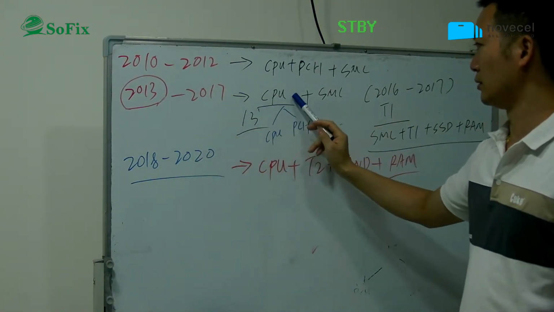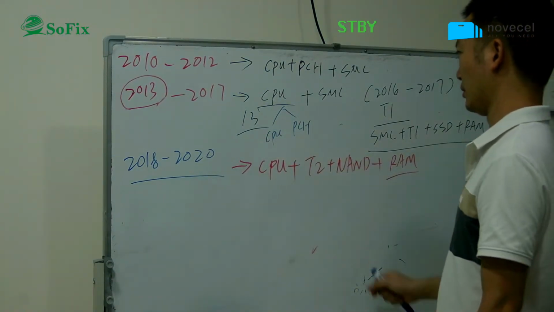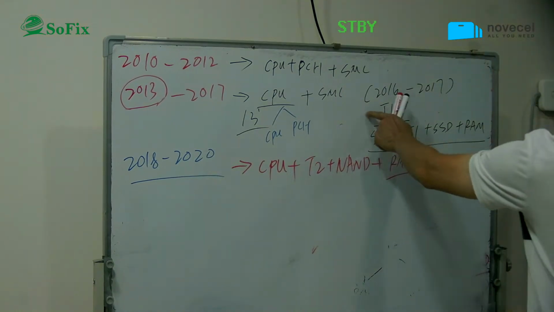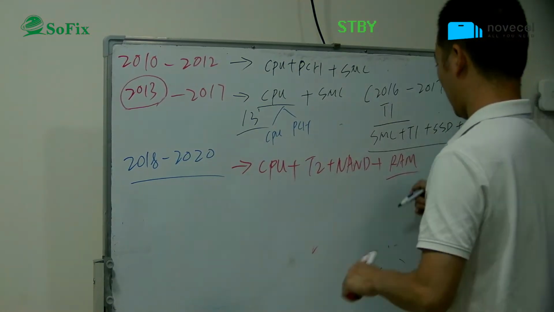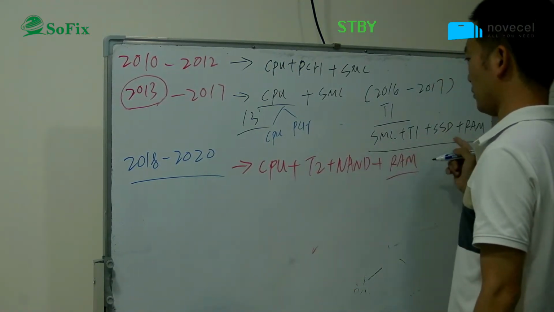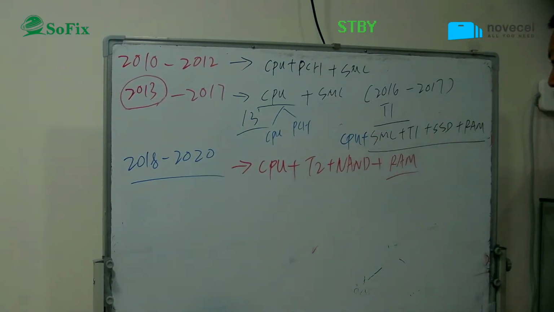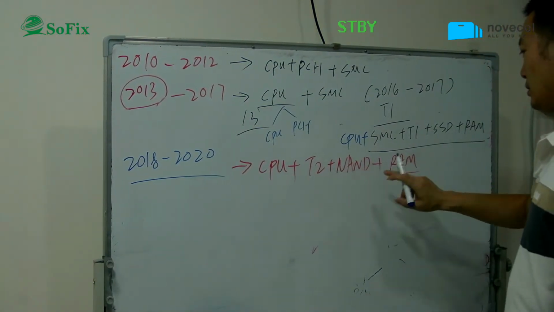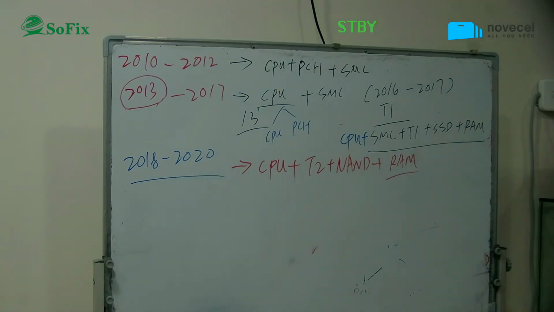From 2013, the Pro 13-inch has only the CPU, and the storage on the motherboard is the SMC. 2016 and 2017 is the T1 model. The T1 model has the SMC, T1, and SSD, with the RAM stored in the motherboard and CPU. So these are different. And the T2 model has only the CPU, T2, NAND, and RAM. So now I use the motherboard. You can see 1, 2, 3,